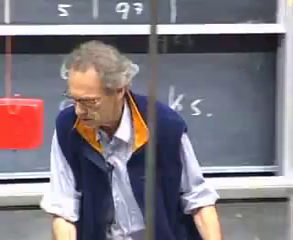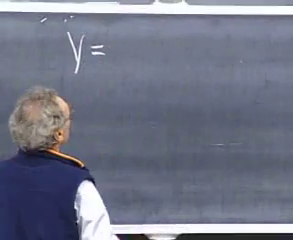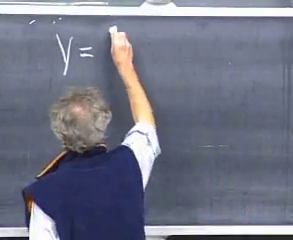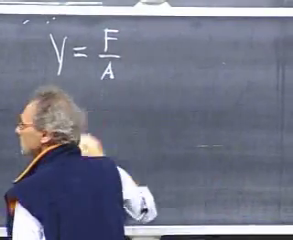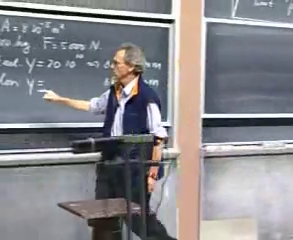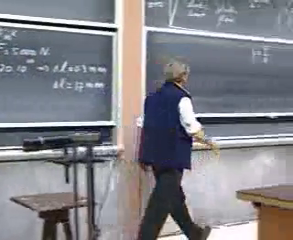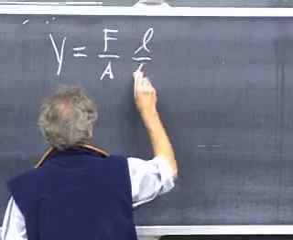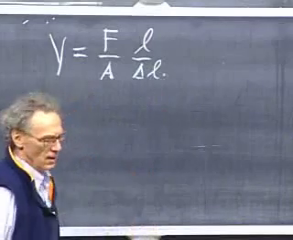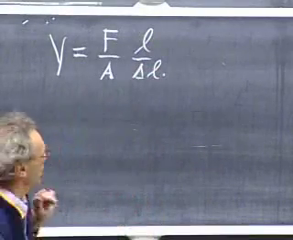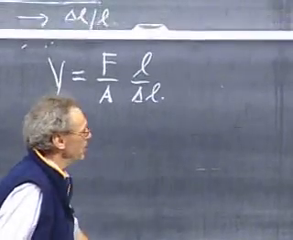So Young's modulus itself equals F divided by A. You have here the equation, Young's modulus equals F divided by A times L divided by delta L. We know what A is, we know what L is, still on the blackboard there. And so now it's a matter of